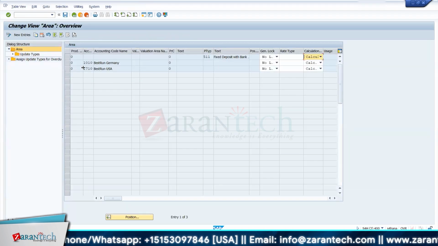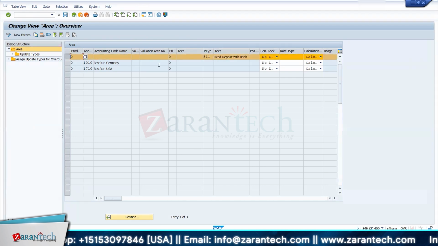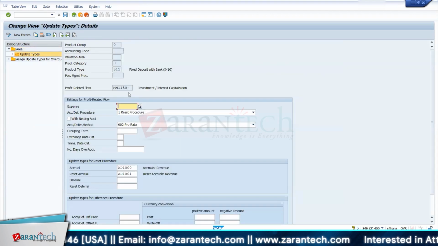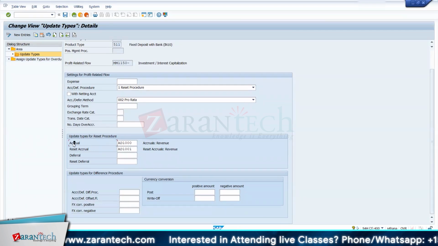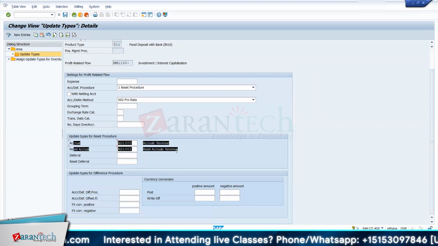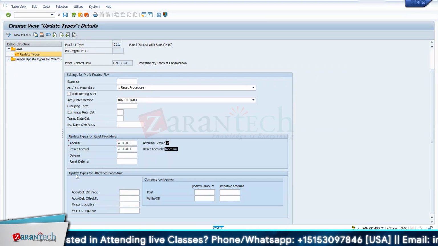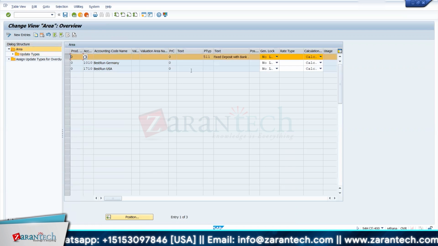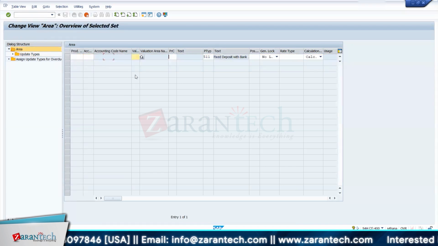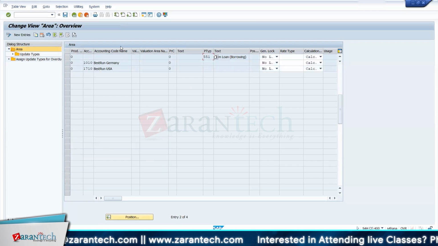And we had done this for product type 511. If you see what we had done last time for the fixed deposit, this was the flow type, and we had used the reset method, and these are the update types against which we had done the account determination. And here if you want to use this differential method, then I need to use the flow type here. So what I'm going to do, I can copy this, and here I'll say 551, copy all, save this, and here